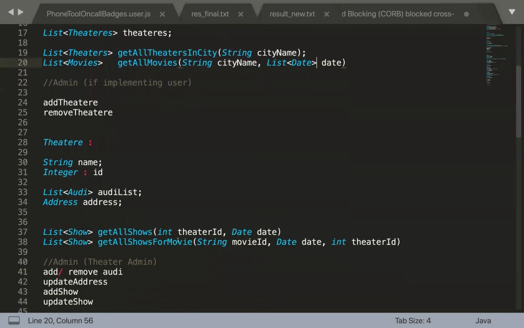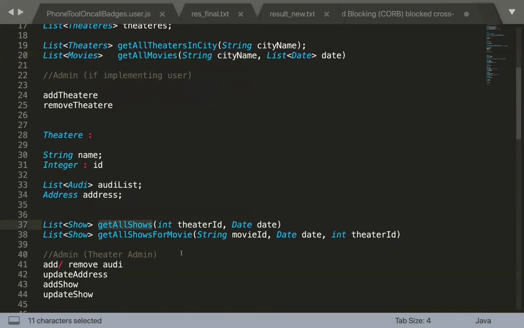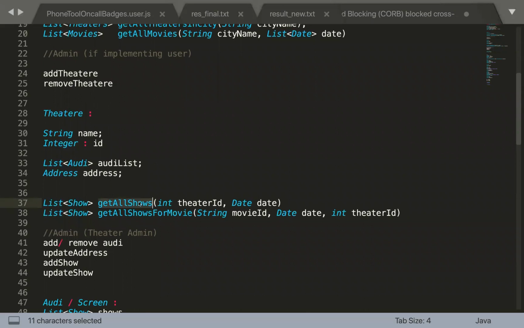In the same way, if we talk about the theater, we have get all shows, right? For a particular theater, sometimes you are keen to book the shows available in, let's suppose, PVR Garuda Mall only. So you are keen on booking from that theater only. In that case, you want all the shows running in that particular theater. So you have the get all shows method for the theater, with the theater ID and the exact date you want all the shows for. Say, on the 25th I want to book any of the shows in that particular theater. So this will give you the list of all the shows running in that particular theater.